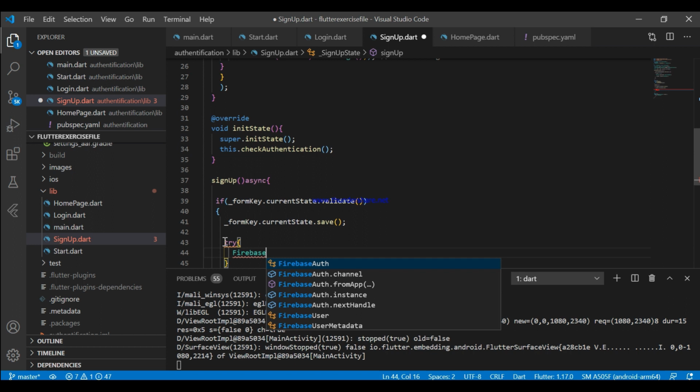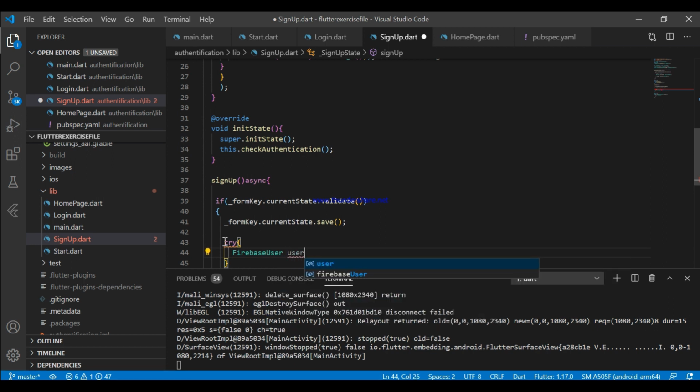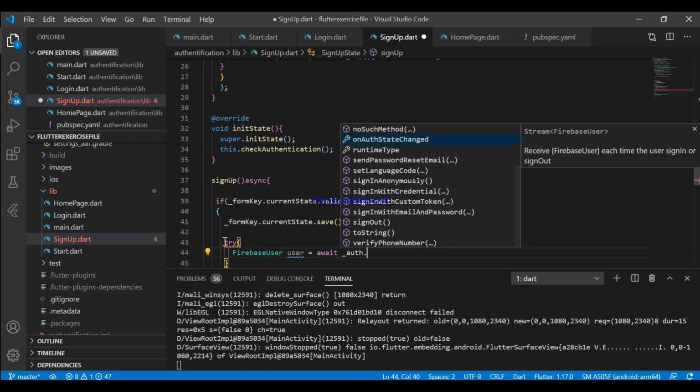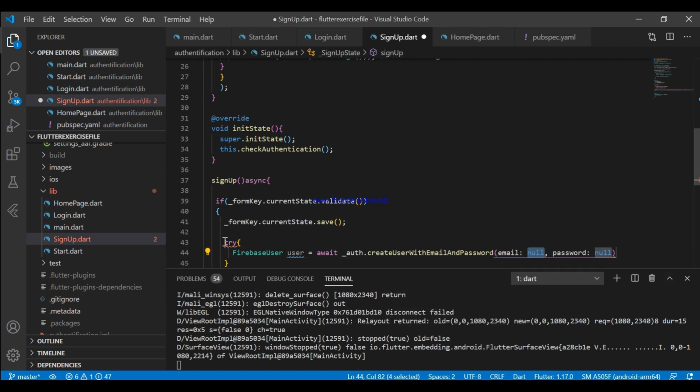Again, first, this is what we have done already. I guess you'll know why we are doing this. Now previously in login method we used sign in with email and password, but similarly for sign up page we are using create user with email and password.